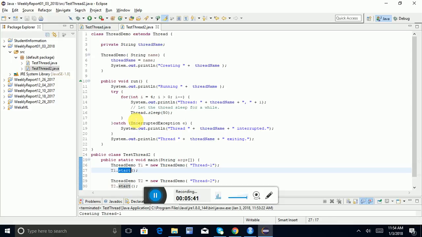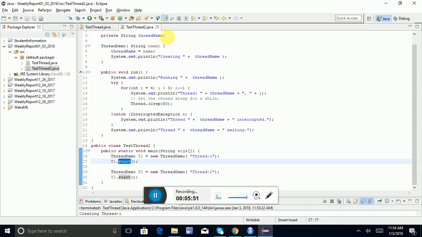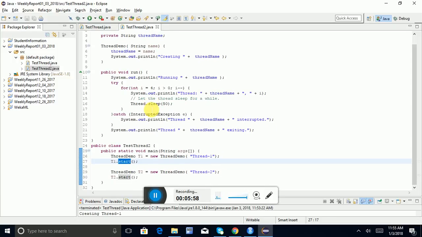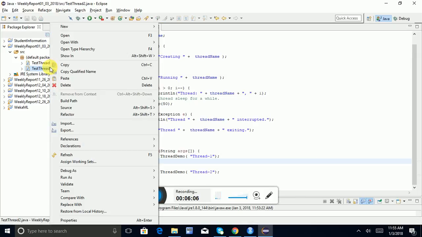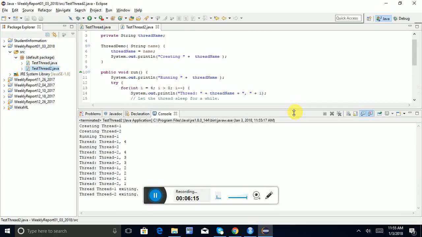Now let me go through the source code. So here is the Thread extension. Here is the run method, where the thread start method is invoked. Now let me run the program. This is the output